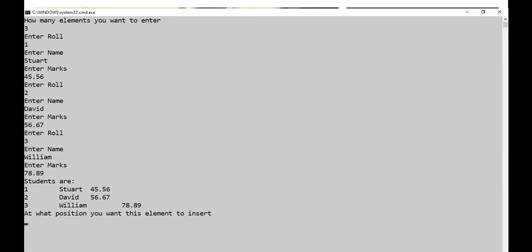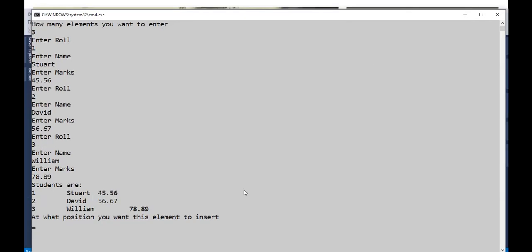You can watch out. Okay, and I called the insert method. And what I told you, using the insert method, you will be able to insert the element in between. So let's say in between the first student and the second student, I want to insert. In between roll number 1 and roll number 2, I want to insert this third one.